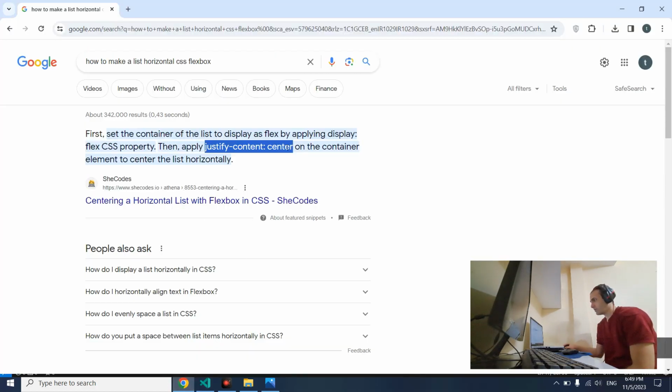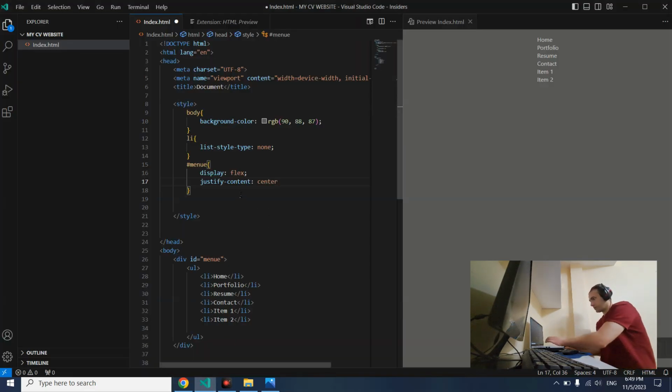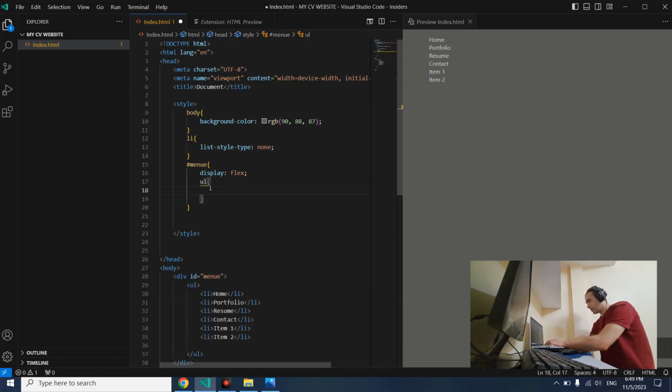Then apply justify on the container element to center. Maybe I should target the UL, like UL justify content. No,